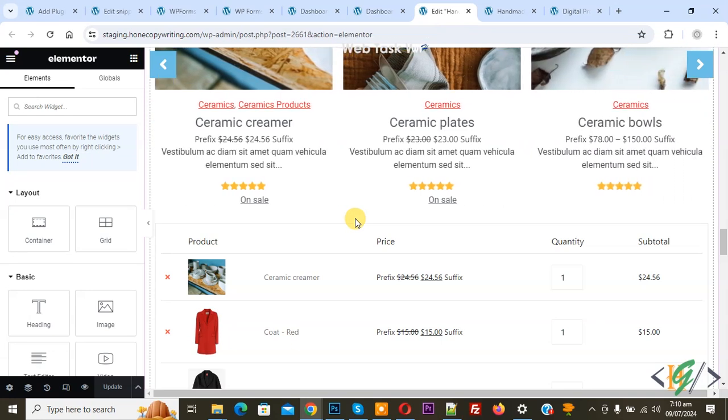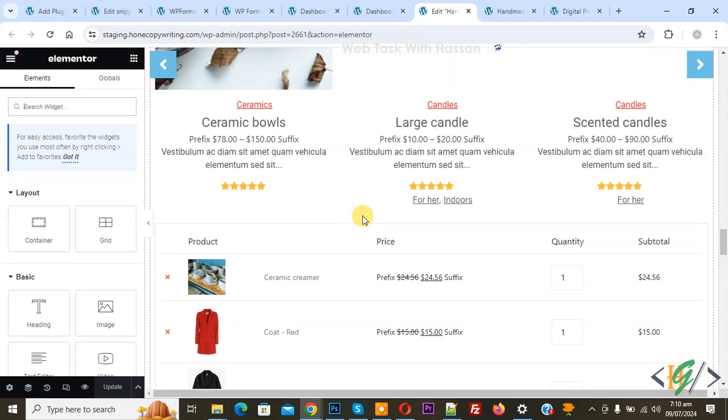Bismillahirrahmanirrahim. Assalamualaikum. My name is Hassan and today we are going to add WooCommerce products in list layout using a plugin